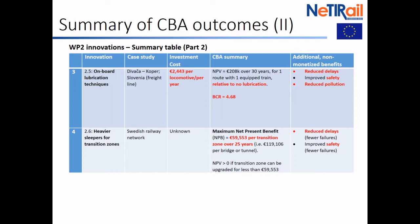Finally, Work Package 2, we also look at transition zones. Again, we used an econometric approach, also with the Swedish data. And this one was a very interesting one, because there seems to be a knowledge out there, or a belief that transition zones incur much higher cost. But there's no real quantification anywhere, or at least we couldn't find it, of how much more these transition zones cost compared to other parts of the tracks. And what we found by looking at the Swedish railway, we basically had some specific variables identifying those sections of the track which had transition zones. So we were able to